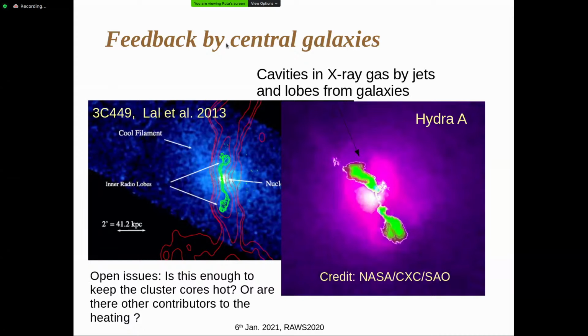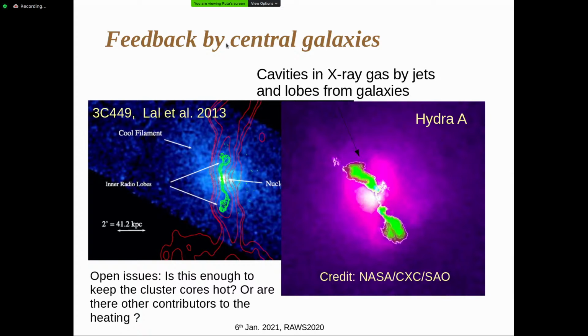You know that the brightest cluster galaxies are at the cluster centers. They also contain supermassive black holes, and they can accrete and produce jets, which you can see as radio galaxies. Here there are a couple of clusters shown with the radio emission from these galaxies in the form of jets and lobes. You can see that these jets flow through the intracluster medium, and these jets form cavities in X-rays. So basically this activity of the supermassive black hole can prevent this runaway cooling in the surrounding gas.